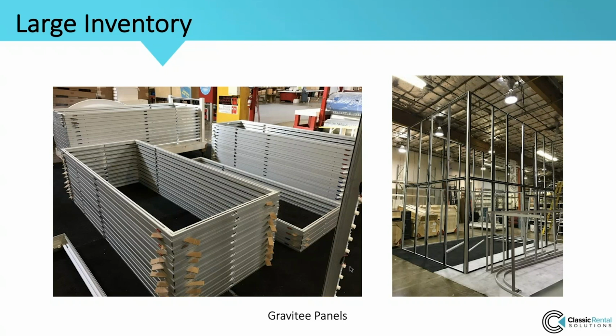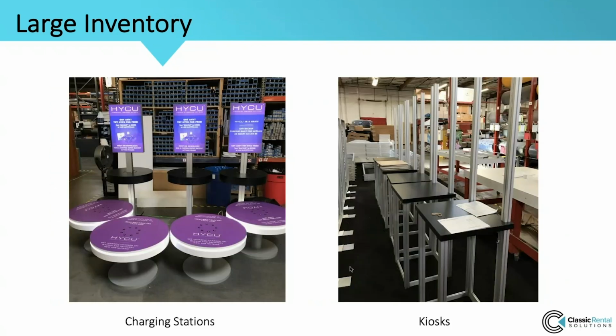Here's an example of just a stack of Gravitee panels. We have a ton of Gravitee panels available. And again, we'll make as many as we need to fulfill orders. Kiosks, charging stations,